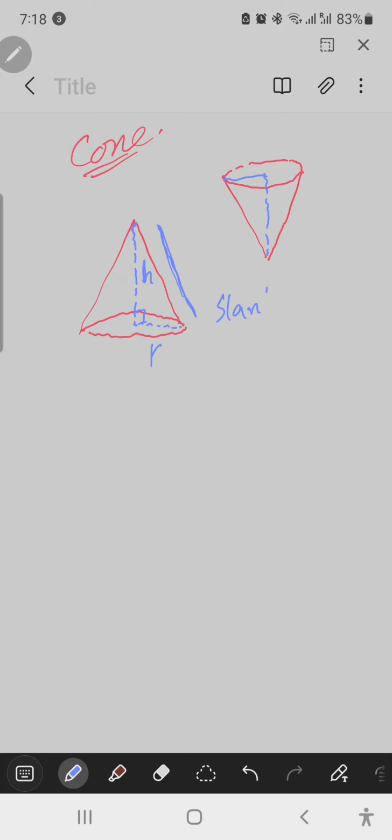Slant height, we represent it by L. So in some questions this slant height is given. So I can say this is an L, which means the slant height. In these three things, for example, if one thing is missing and we need it in a formula, for example, this